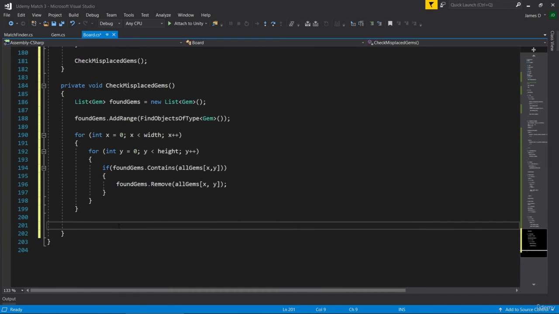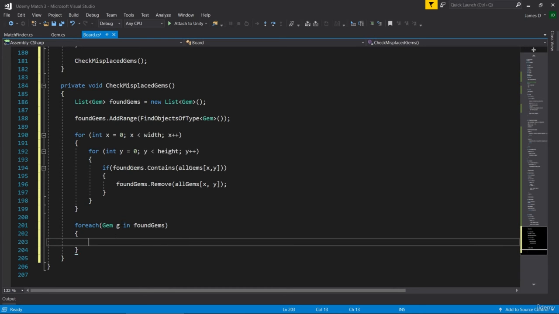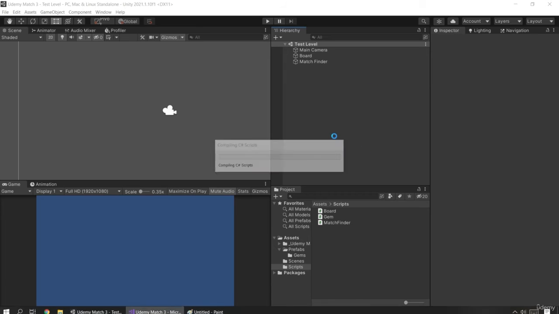And then all we have to do is use something called a foreach loop, and this is a quick way to get every item in an array or a list. We're going to say foreach gem, we'll just call it g for short, in the foundGems list. So we're basically saying, hey, for each gem in the list, we're going to call it g, and then we're just going to say Destroy(g.gameObject). So we're going to destroy the game object that's associated with each gem in the found gems list. And that's it. So I can save this, I can go back into the game, and